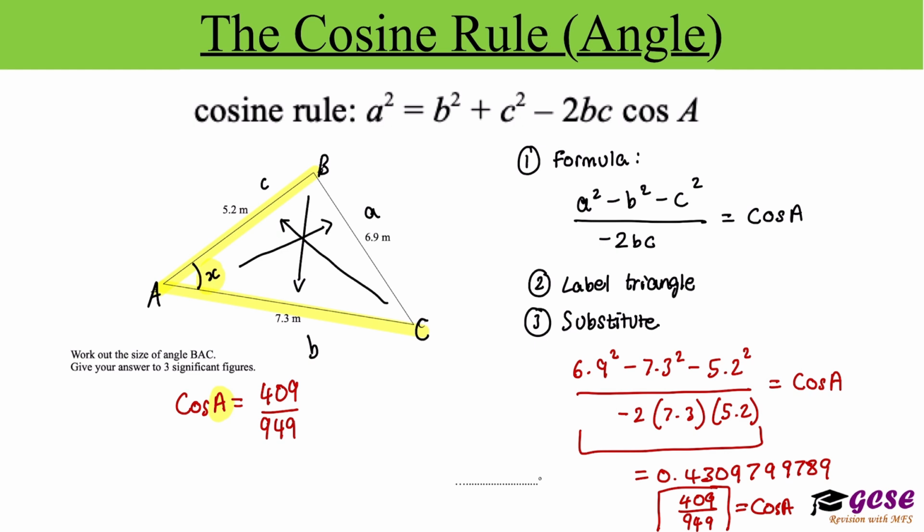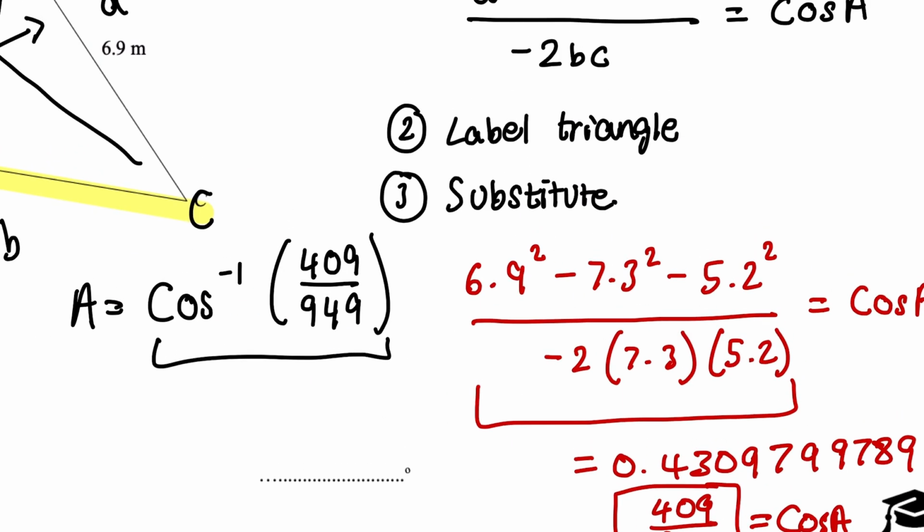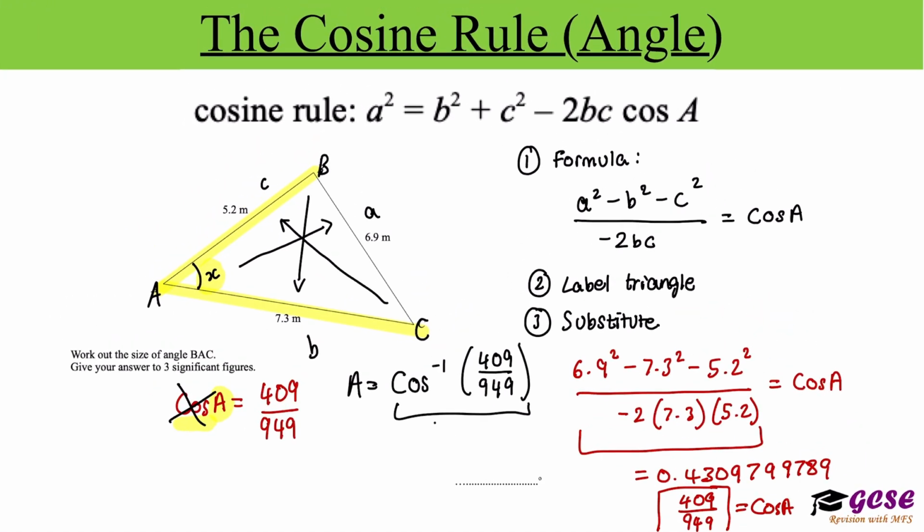Okay, so to get rid of this cos, what we are going to do is inverse cos. We're going to do the opposite of it to get rid of it. So that's going to give us A by itself. It's going to get rid of this cos, and that's going to be equal to cos negative 1 of 409 over 949. And this is what you're going to type into your calculator. So shift cos to get cos negative 1 of your answer, and that's going to give you an answer of